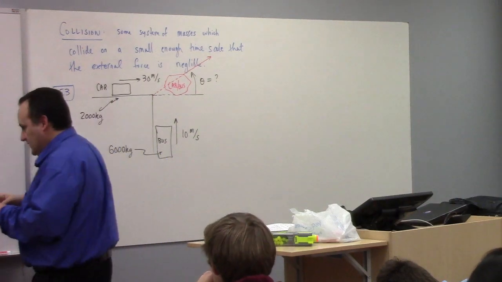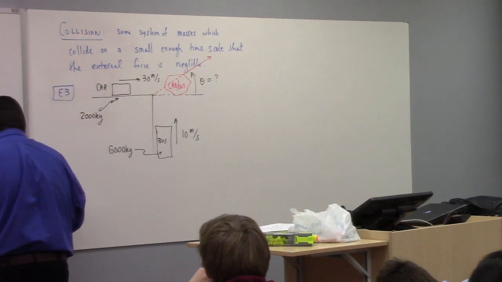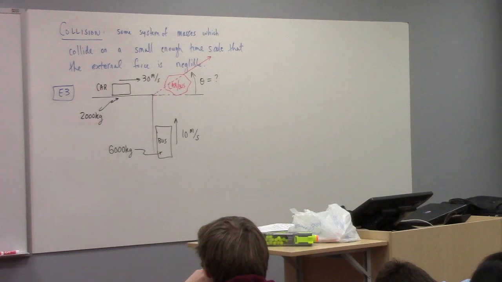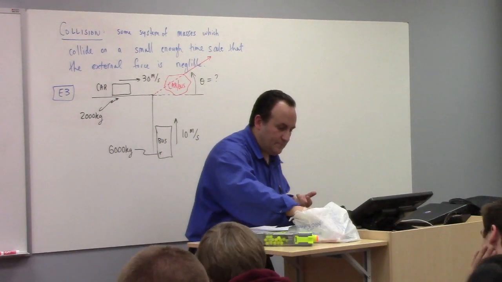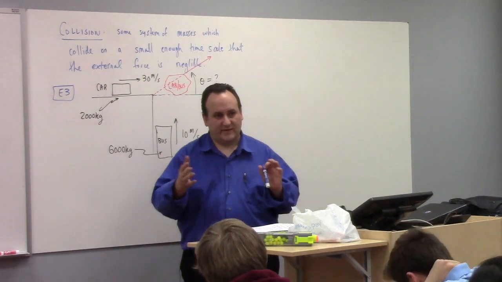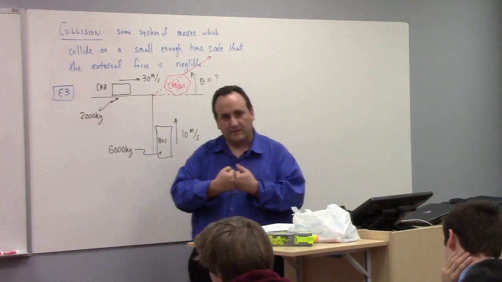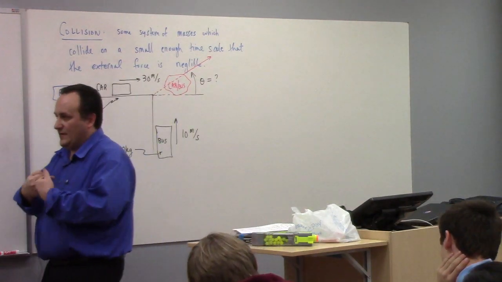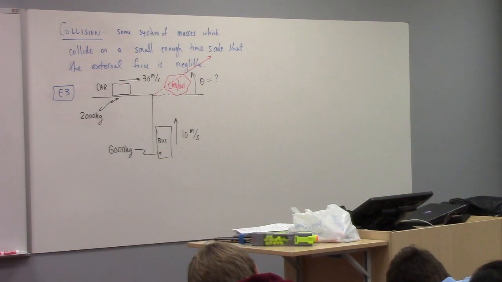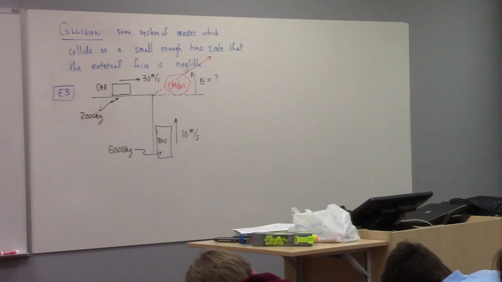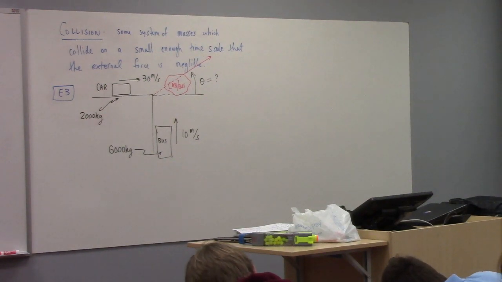In a problem like this, you use the conservation of momentum. We think of the system as being the car-bus system. There are two masses involved, but the total momentum has to be conserved. Why? Because it's happening over such a short time scale that the momentum is not changed. The external force is essentially 0 in the moment of collision. So dp/dt is 0. The momentum is constant over the collision.